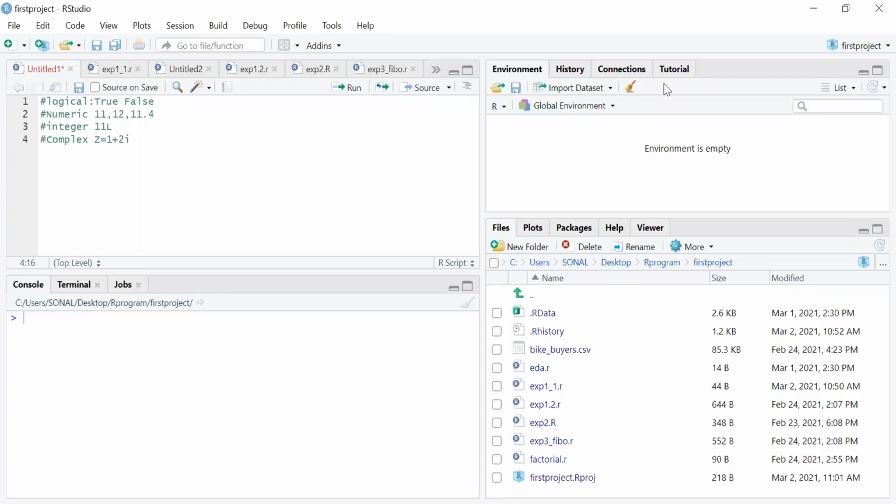Today we'll see different types of data structures in R. A few of the data types are logical, where we have TRUE and FALSE. We have the numeric data type, where we can have 11 or 10.5 float. Everything is numeric. If we are specific about the integer, then we have to specify it using 11L, and there is also a complex data type.